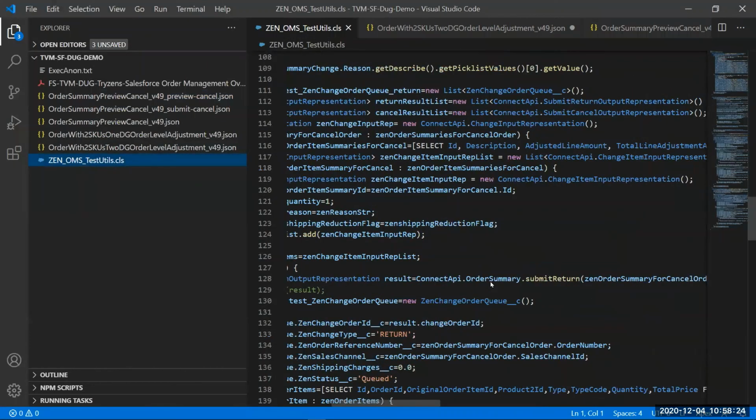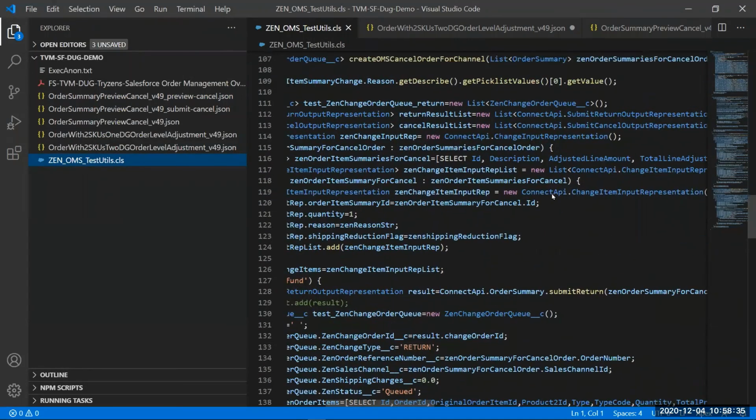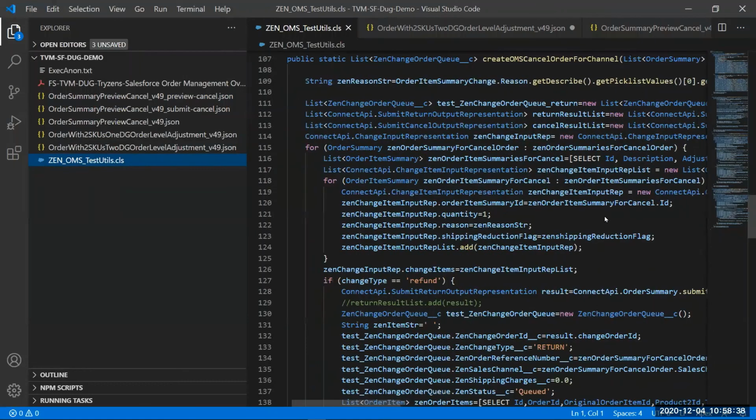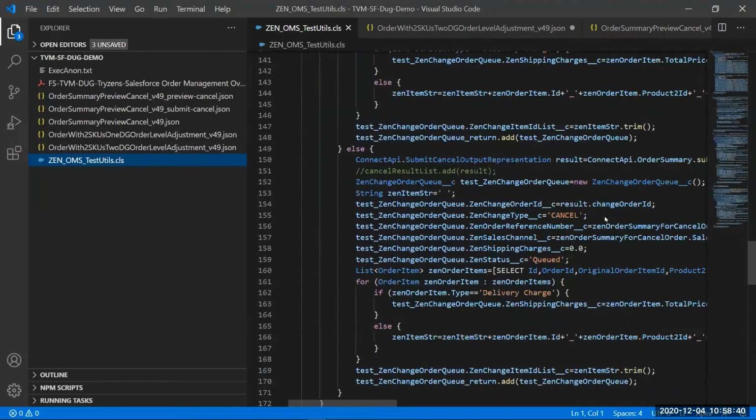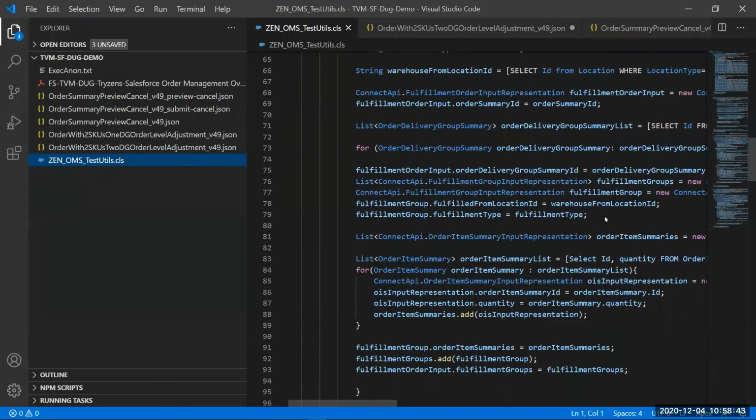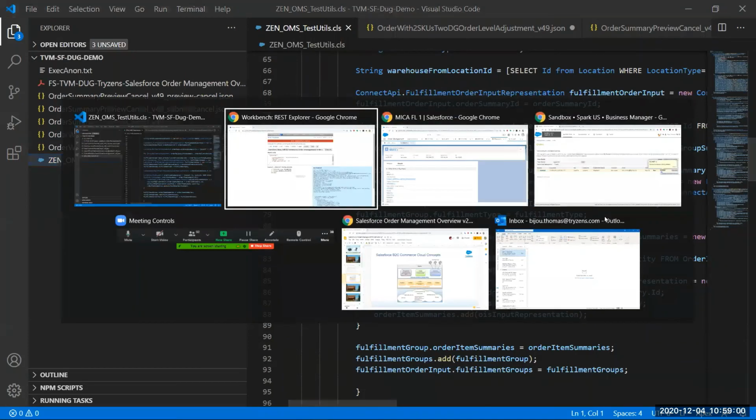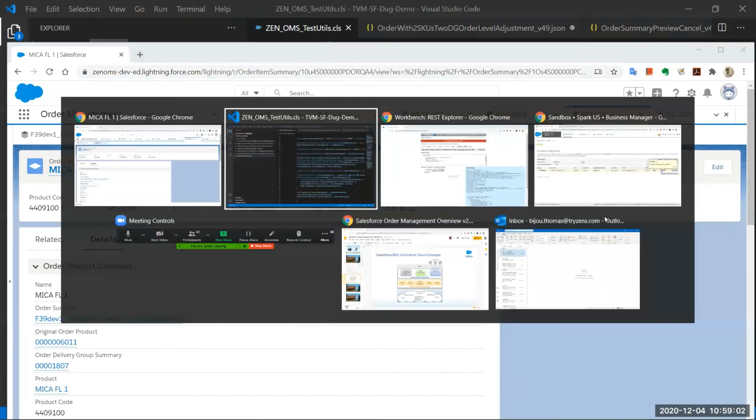I'm not sure if you are aware of the Connect APIs. Connect APIs have REST Apex based access also, where you can use the Connect APIs through code, create a change item representation and initiate cancellations through code itself. So you can either have it entirely through integration, or if you want to build it through your own custom community portal and initiate a self-service requirement, you can pretty much do it through a Connect API in Apex and get that created. With that, I'll just pause.